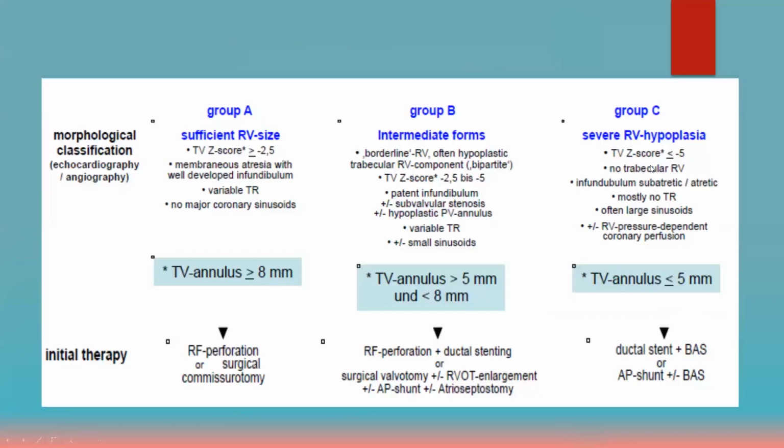And usually we divide the patients into groups. Group A have a sufficient RV size, tricuspid valve Z value more than minus 2.5 or minus 2, membranous atresia with a well-developed infundibulum, and variable degree of TR. They may have a severe TR, but they have a good RV, no major coronary sinusoids, and tricuspid valve annulus more than 8,